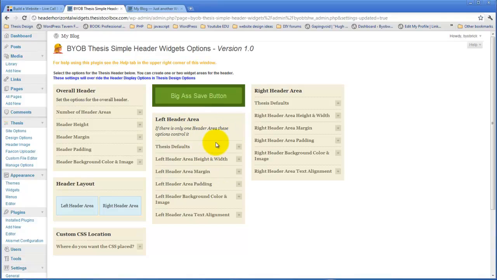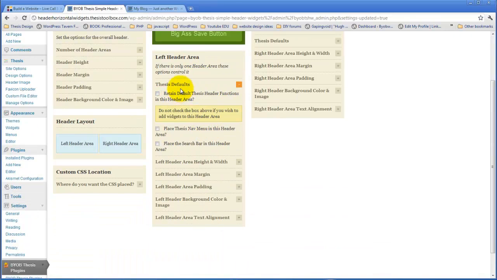Now, when you're configuring the header area, you have a choice in this area called Thesis Defaults. And if you choose to retain the Thesis Defaults in this header area, what will happen is it will no longer be widgetized. Now what will happen is the Thesis Default stuff will go there instead. So if we save this again,